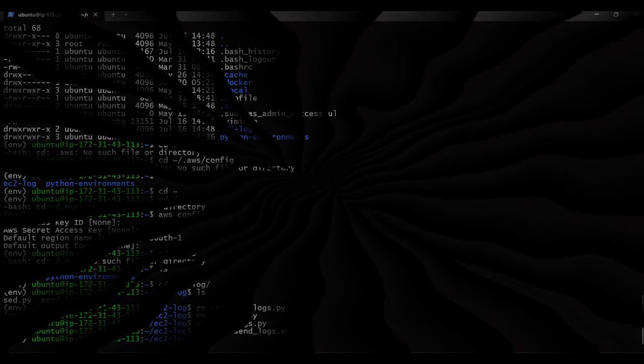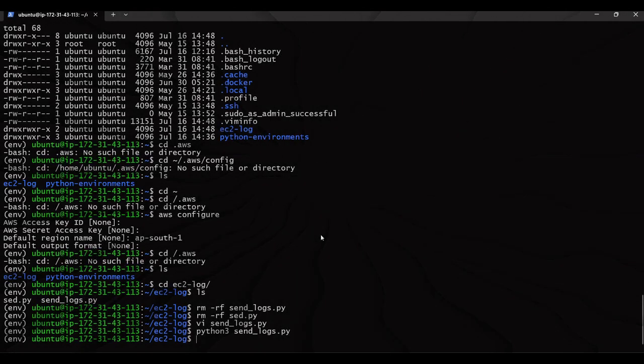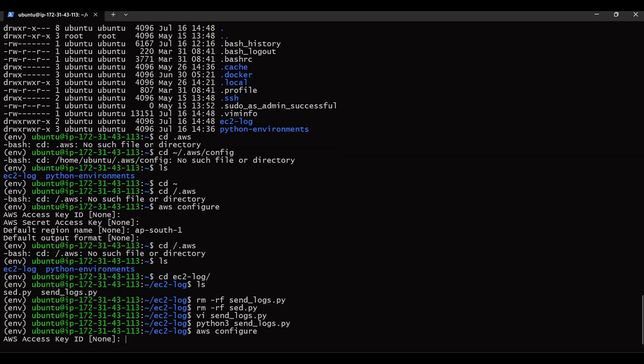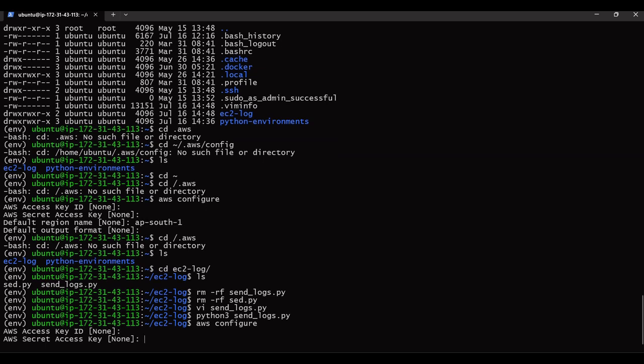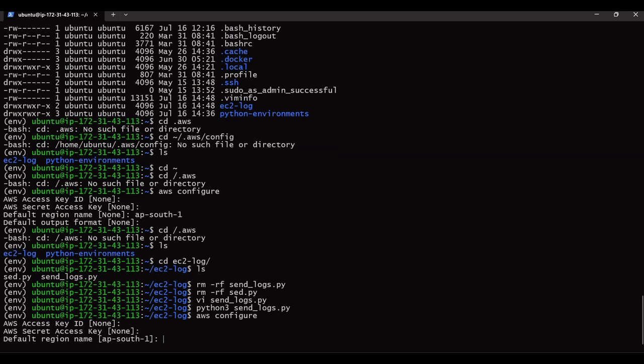Yeah, so finally I found a solution. So I'll tell you how to configure it, right? So when initially we tried, we faced that issue that the region is not mentioned, right? So what you can do, this is what I did. I tried aws configure, right? You don't have to give any access key, you don't have to give any secret access key. Default region, right? Since I have already given this ap-south-1, here